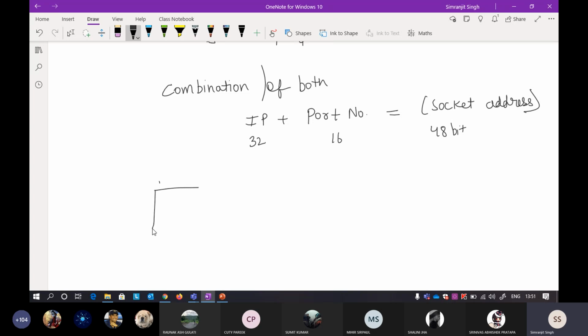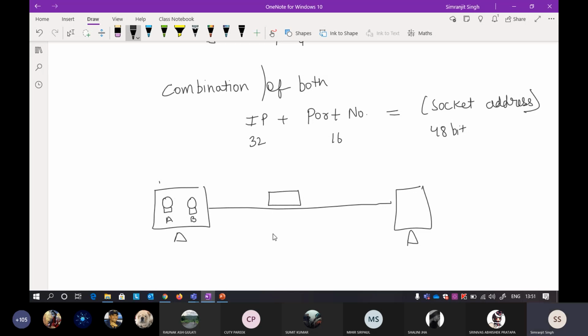Now how will I show it? Suppose you are in a PC. There are again two processes running inside the PC. Suppose this is A, this is B, and you try to communicate with the server of Google. You take this packet and this packet.